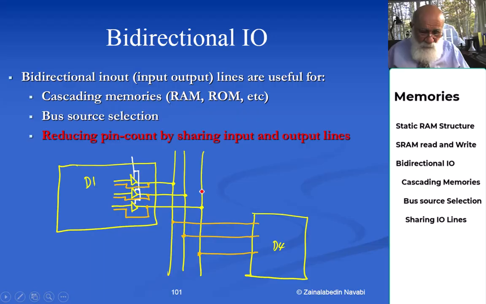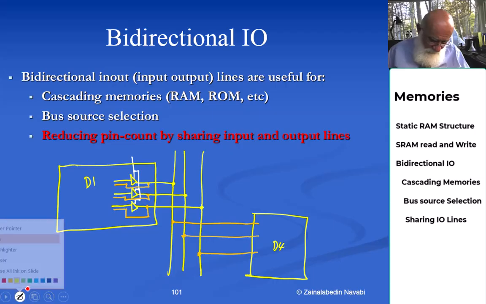Through the yellow lines, it is putting data on the bus. Same exact situation over here. Through the orange line,